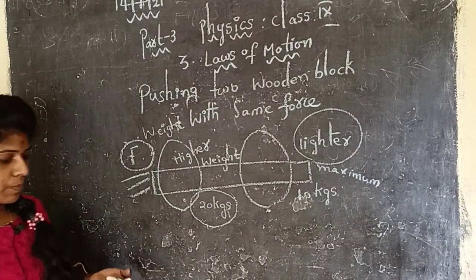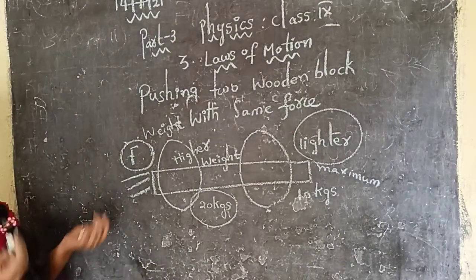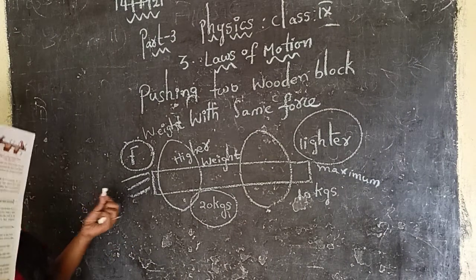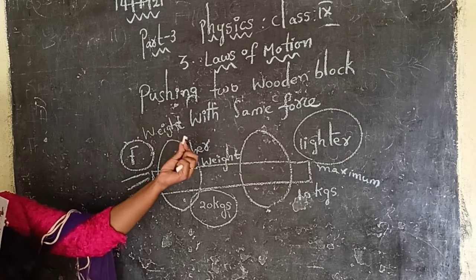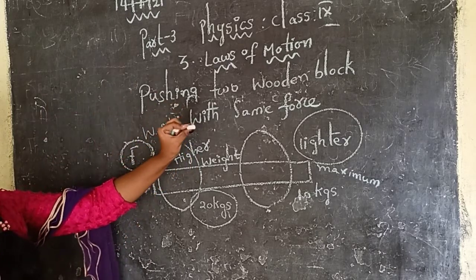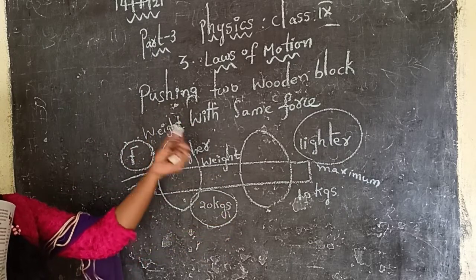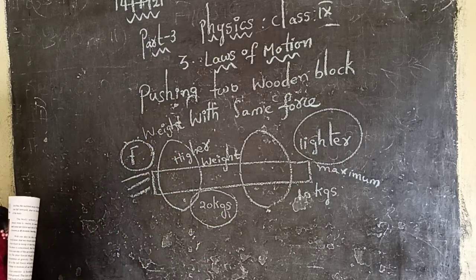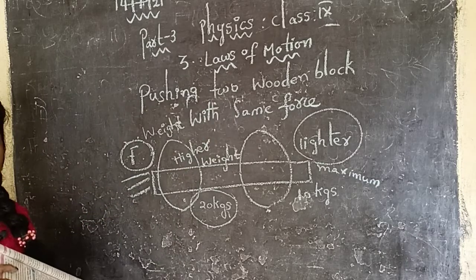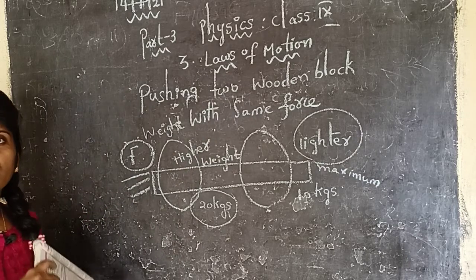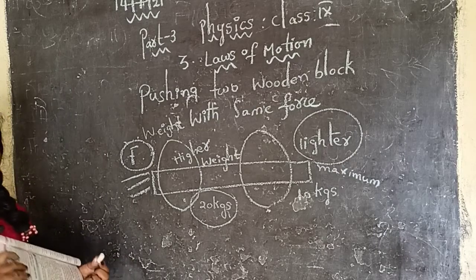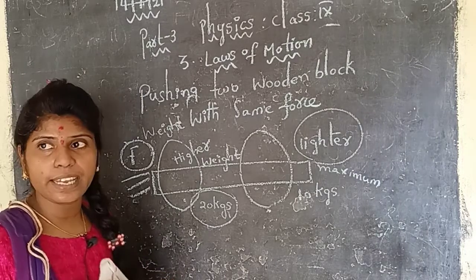For example, I have selected two objects over here. One is a chalk piece, one is a pen. As I throw these two at a time, what happens? The chalk piece will move a longer distance due to lesser weight, whereas the book will fall only the least distance due to the excess weight acting on the surface of the book in horizontal direction.